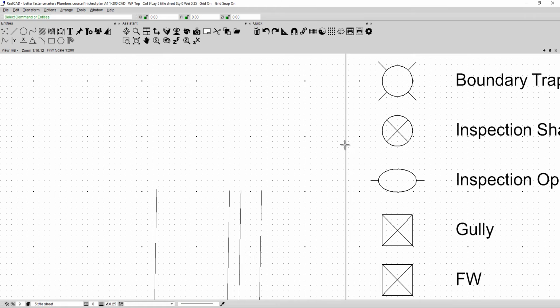If I click, I've now briefly selected this line, and its properties, that is the layer, the color, the line style and the line thickness, have now been selected, and they now show up down the bottom here. This is the visual appearance of it, and it's actually a 0.25 line. It's in a 0 line style, which happens to be a solid line. It's from a layer called title sheet, and it's in color number 9,